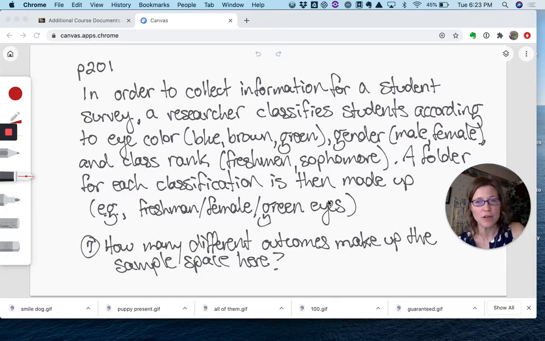So for example, one folder is the freshman female green eyes folder. So before we go any further, let's make sure we understand what's going on here. We've got some sort of person making folders. Now, is there an equal number of people who have blue eyes versus brown eyes? No. Are there an equal number of freshmen and sophomore? No. But there will be an equal number of folders because she's putting who knows how many things in that folder, but there's one folder per